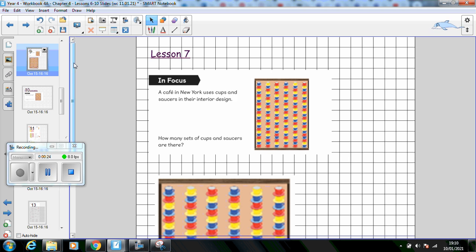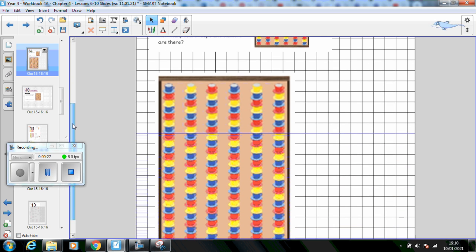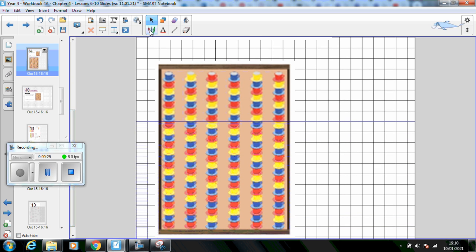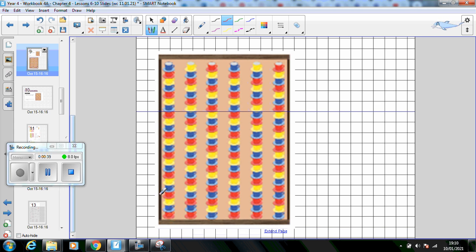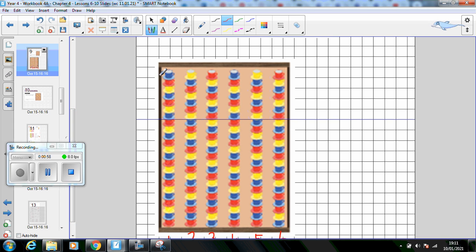Well, this one's quite tricky to see again, so I've enlarged the picture to help us. Let's have a look at how many columns we have. We've got 1, 2, 3, 4, 5, 6 columns. Okay, count with me. How many cups and saucers do we have in each one? We've got